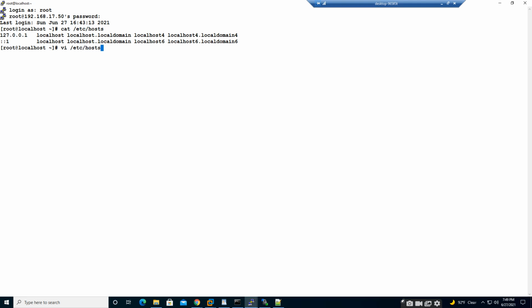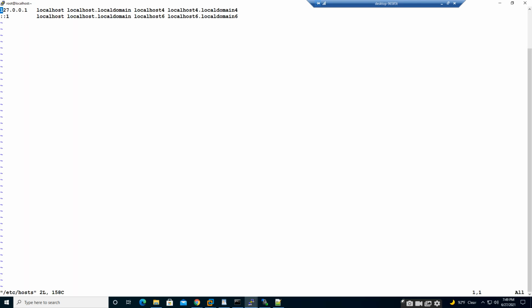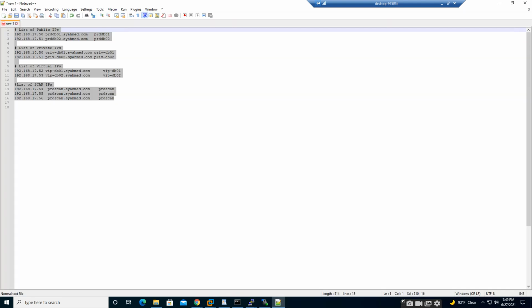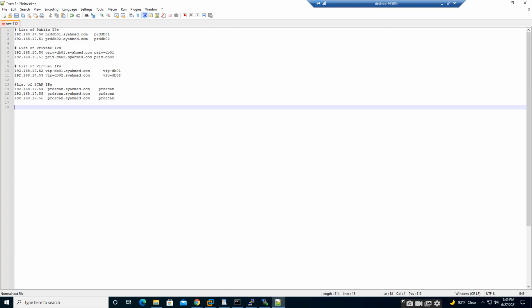So I'm going to edit this file with the help of vim. We'll move to this and press O. Here I have records, and this is my primary server: the primary IP with the host name and the local name, and the secondary server.